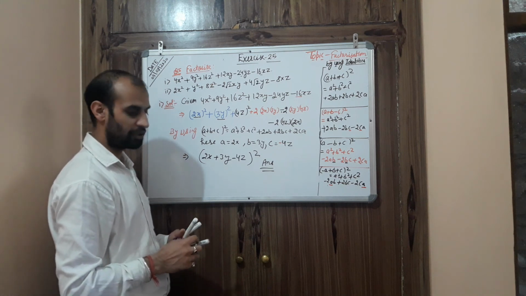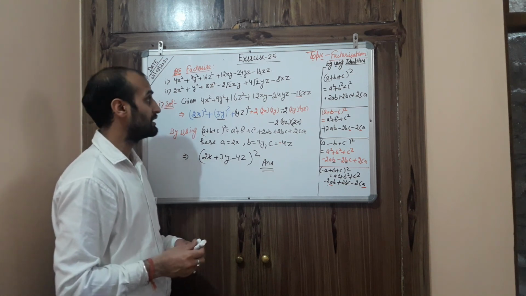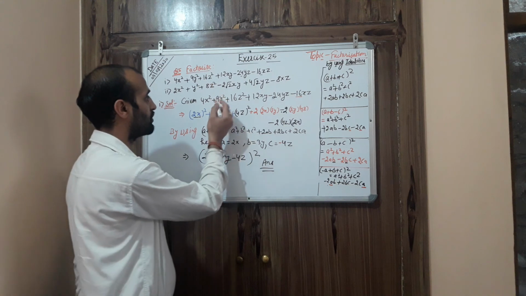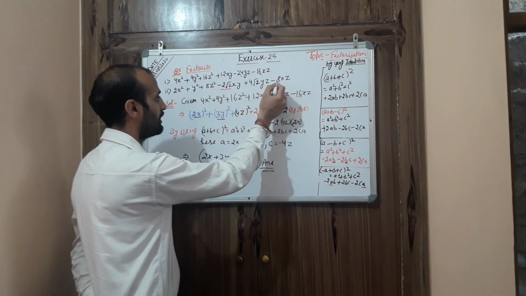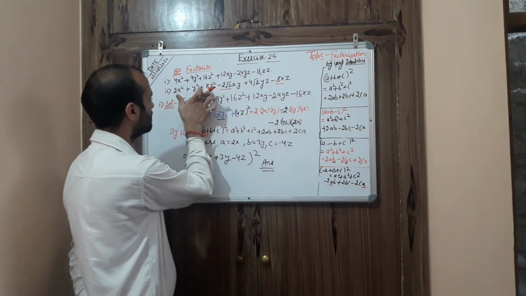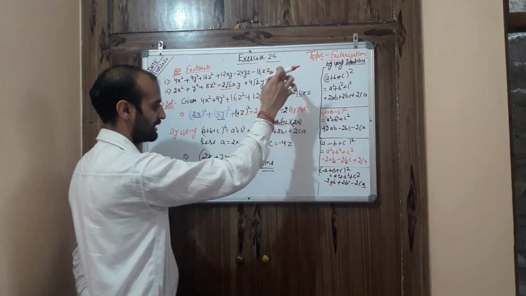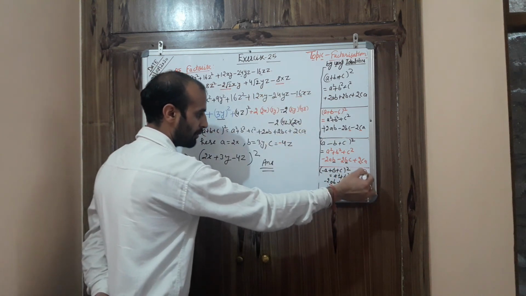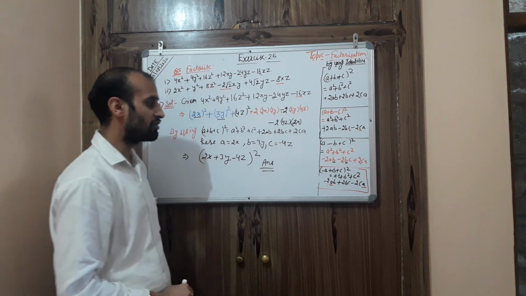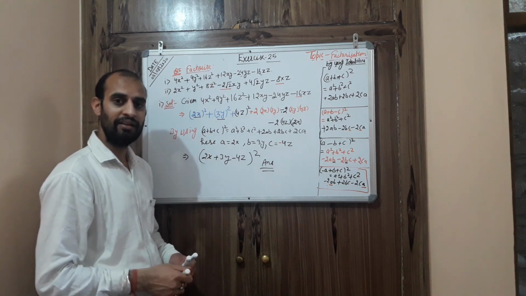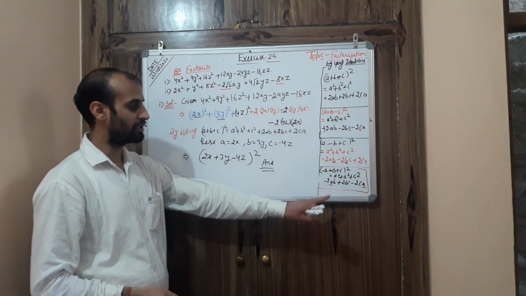If we talk about the next one, similarly you can see which formula is required, and which terms are negative here. This one and this one. That means the first three are positive, but the first and the last are negative. So it is this type of question. Try to solve it similarly and you will get the exact answer by using this identity.